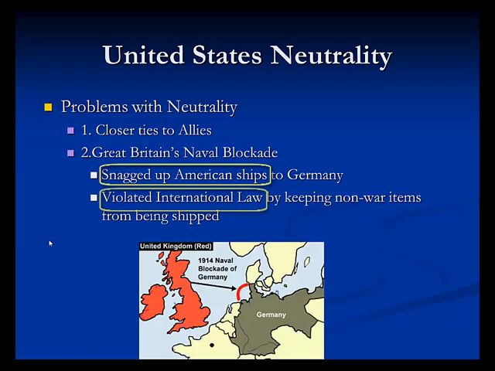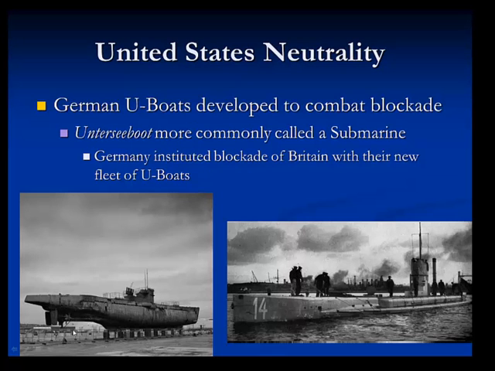Even though this process violated international law, the Wilson administration barely protested, and justified it by saying that the British could pay compensation for these acts after the war was won. It was reactions such as these that made it clear which side the United States had sympathies for, even though it was officially neutral. Making it even more difficult to remain neutral was Germany's response to the Royal Navy's blockade.